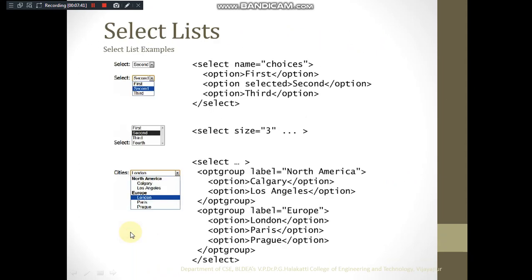This we have already seen. I will not go for explanation of this. One change I would like to tell is select size equal to 3. See, by default it is showing you only one option, no? Here when I click, when I am not clicking, right? If you want to show more than one item like 3, you can say size equal to 3, right? This way you can specify what should be the size of a drop down list by using the size attribute along with the select tag as a attribute for that. Okay,